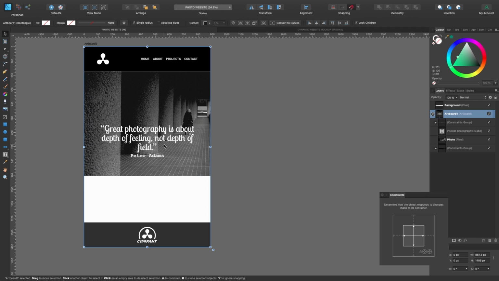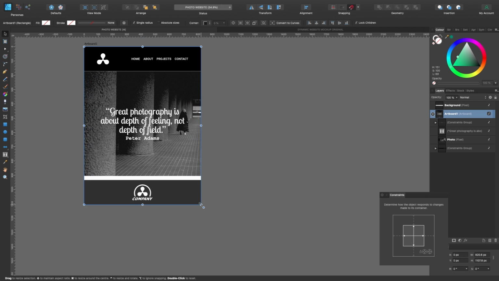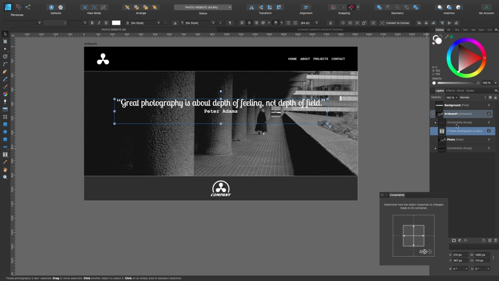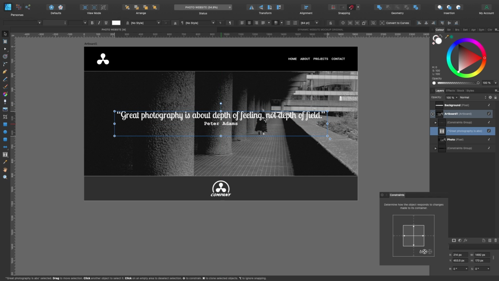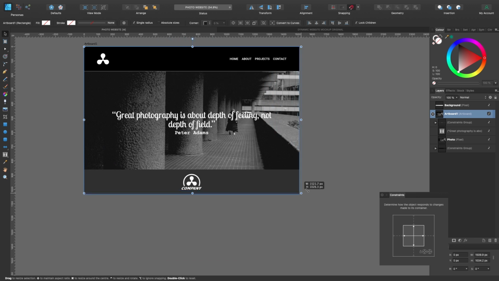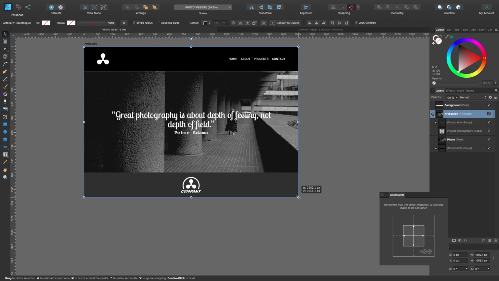Obviously, we could sort out this paragraph here a little bit better, reshape that, or maybe anchor it to the top. But remember, it said don't anchor it. So let's go ahead and anchor it anyway. I'm going to keep it in the middle actually, and I'll anchor it to the top. Let's see what happens now. Oh, there we go. That's much better. There we go. We've got our fake website.